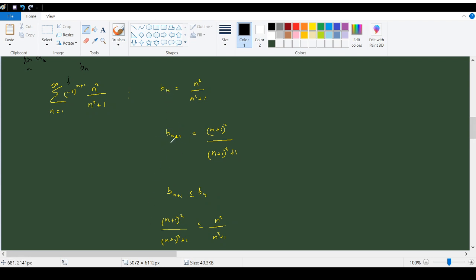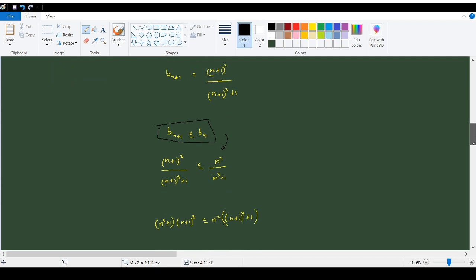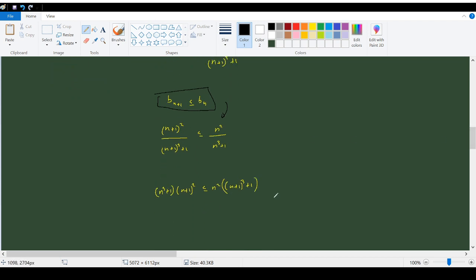See, you need to have the n plus 1. Now to get this one you will need this inequality, and for this one you can just cross multiply it, and then you should solve to a simpler version and then go in the reverse direction. But instead of doing it like this, in order to prove the decreasing property, we can take a different approach,